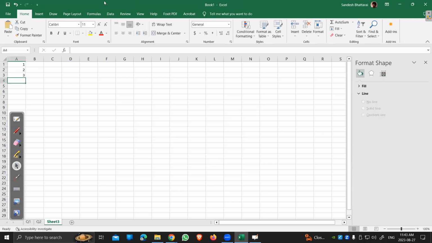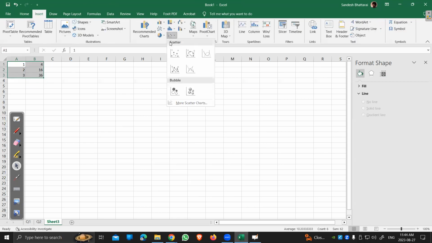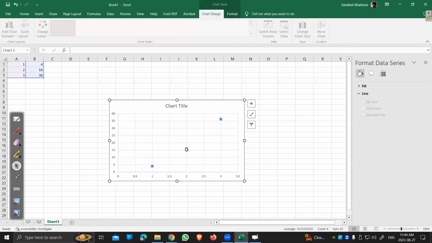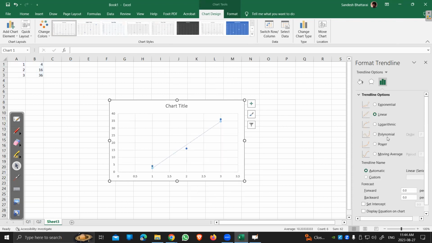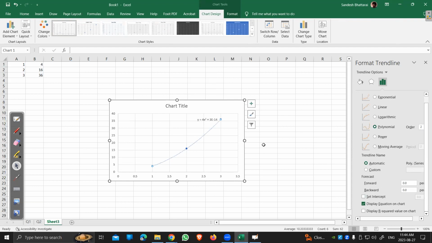So diagram 1, 2, 3, we had 4, 16, and 36. Let's do this. Insert charts, and a linear would work here, okay? A linear would work, but because we're doing quadratics, we're gonna stick with polynomial degree 2,